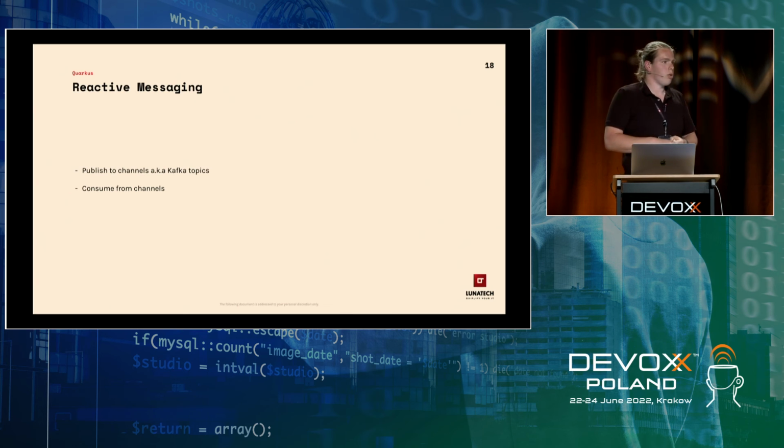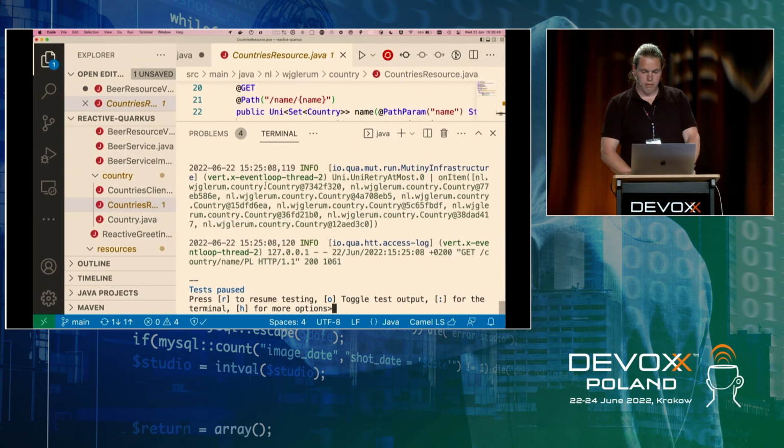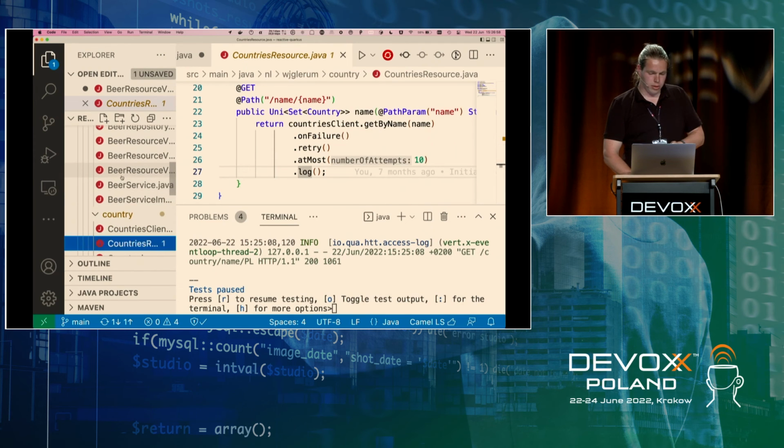In the code, they're actually called channels, because they're a bit agnostic. So they can also be an in-memory channel that doesn't per se have to go to Kafka and get back to my application. I can publish them just on an event bus in memory. Or some other libraries out there that you can use. So that's why they're called channels in the code. Again, for this example, we included this reactive messaging client. And we can use that quite easily.